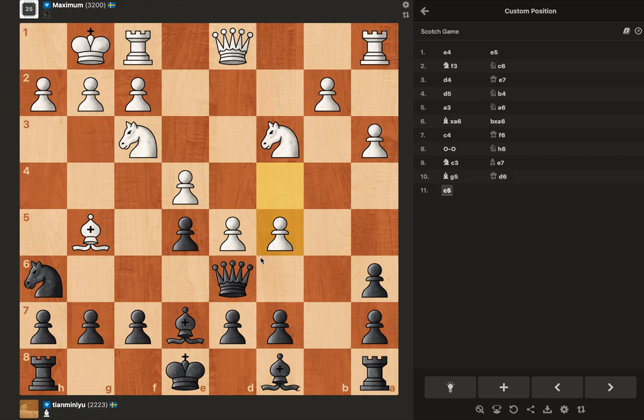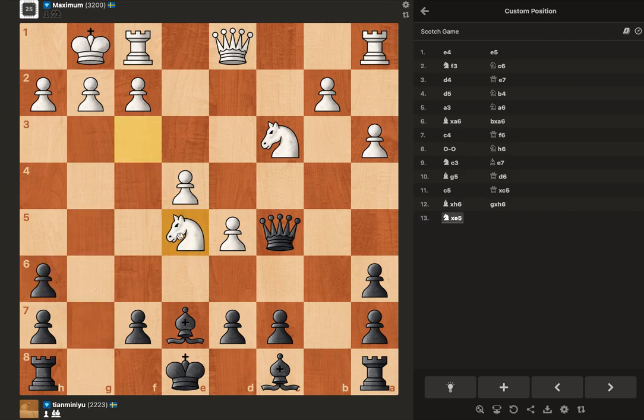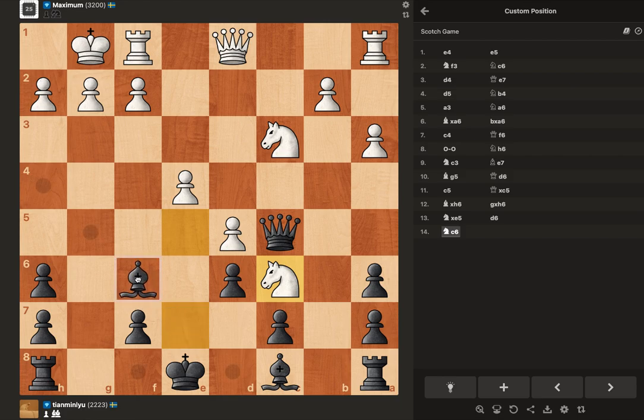And c5, I think that's a very good move, because it forced the queen to move away from e5, and white takes my knight first and takes my pawn. So my king side is destroyed. The g file is open and the king cannot castle. The center pawn is captured. So if I play d6, we don't have to play till the end. So the thing is, we need to